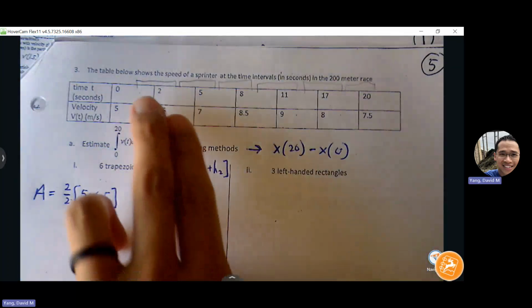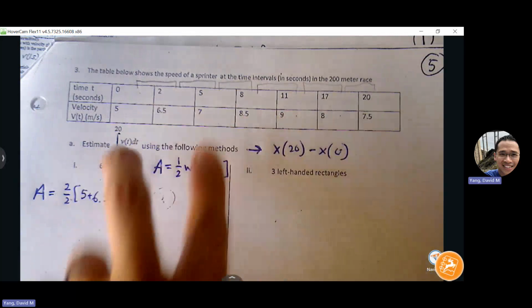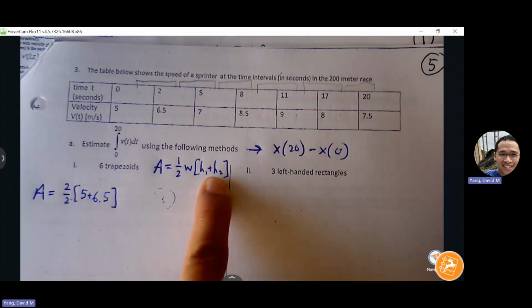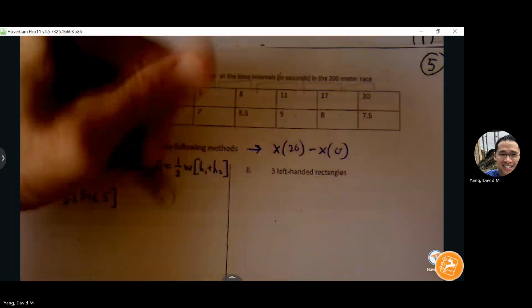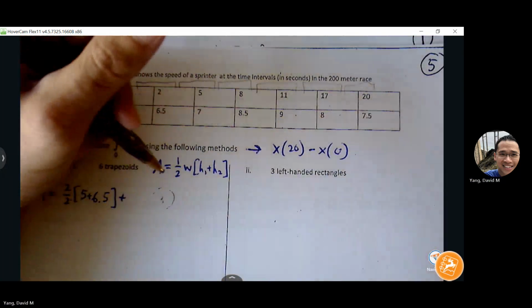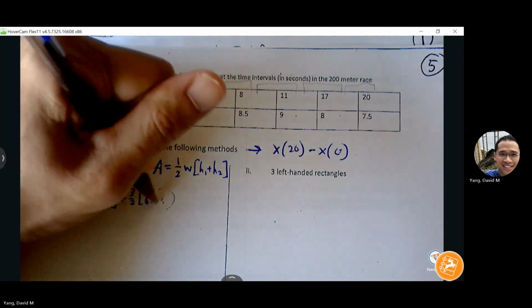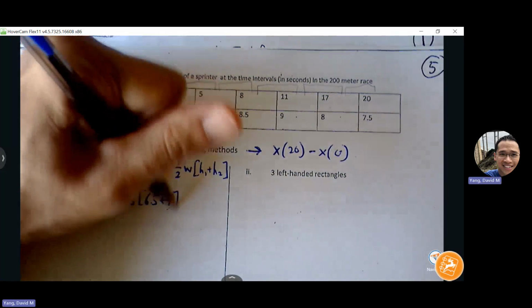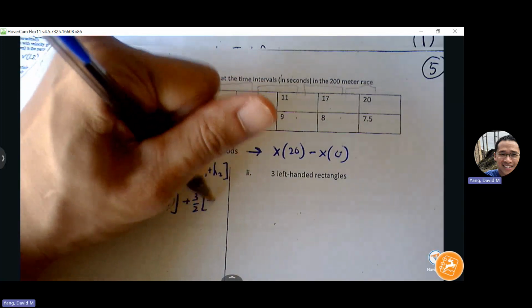Now, just make sure that even if this subinterval spans across more than 2 or 3 points, the area for each trapezoid is only 2 heights, right? You're not going to add up all the heights. You're just going to take the heights at the end of your subinterval. Okay, it's a little tedious here. On the test, I won't make you do as many as this, but